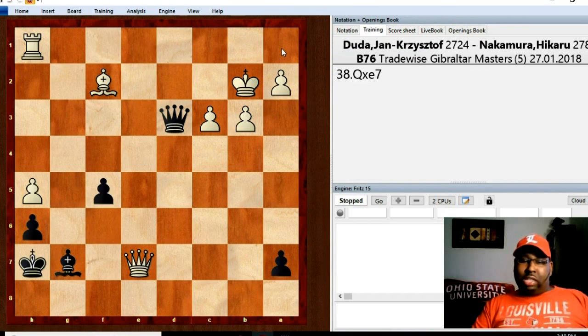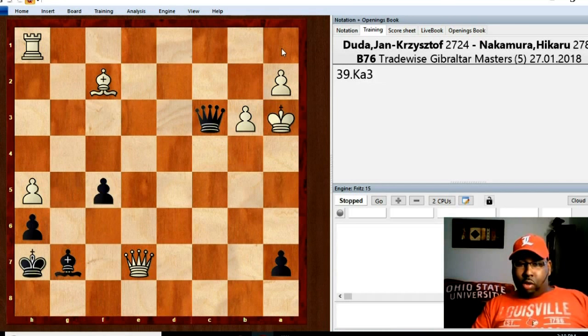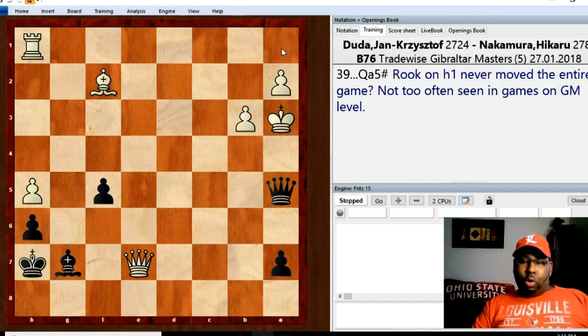So Duda just decided to take the rook. Queen takes rook. But this is not a good idea either. Now you have queen takes c3, check. King goes over to a3. And then do you guys see the move, the finishing move? Queen a5, checkmate. And I just wanted to note that the rook on h1 never moved the whole entire